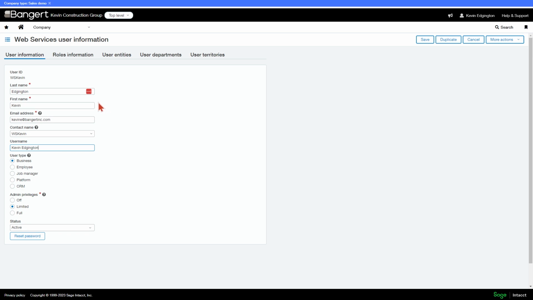When you first go down through there and set this up, it'll actually send an email with your password to it. So you don't necessarily set a password on the web service user; you'll get an email with the password in it, which is what we use on our estimating side. So basically with our company ID, our web service user, and the password that we get with the email, that basically has everything set up that Sage Intacct needs on its side to allow an estimate to come over.